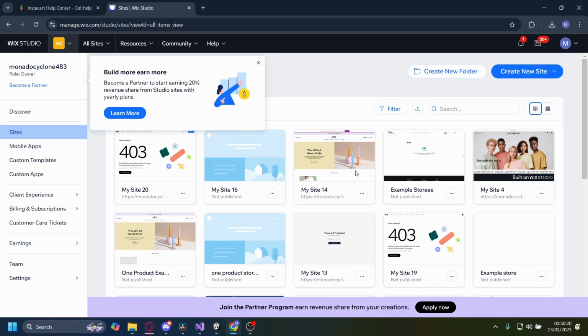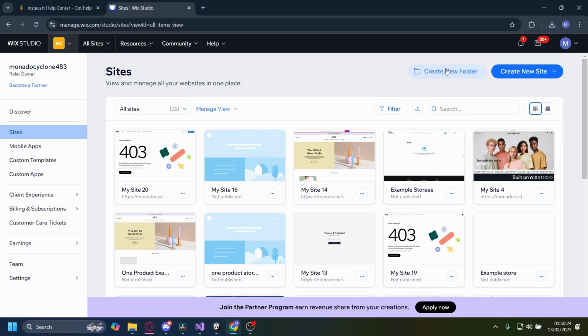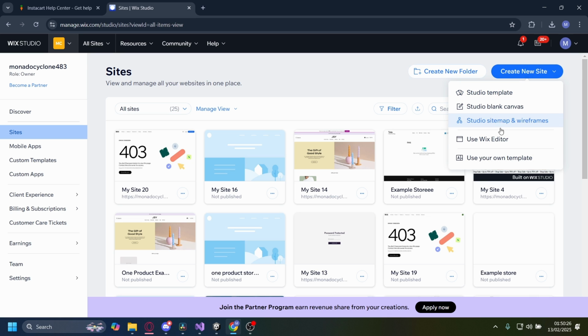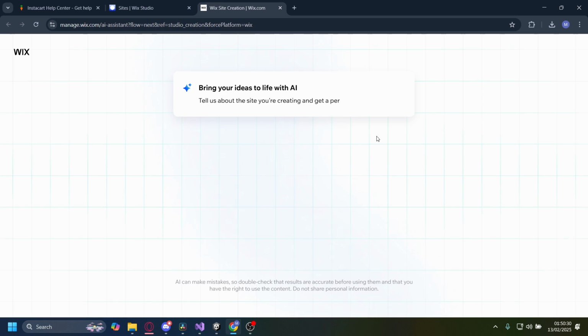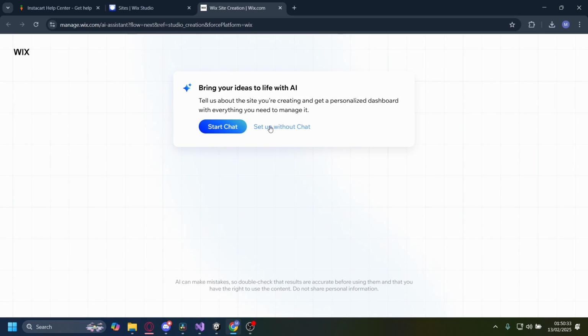I'll show you the quick and easy way how you can get a free domain on Wix. Now, when you make any domain on Wix, for example here, let's create a new site. I'm going to use a Wix editor here. If I make any new website with Wix, I can get a free domain on Wix, but it'll be under